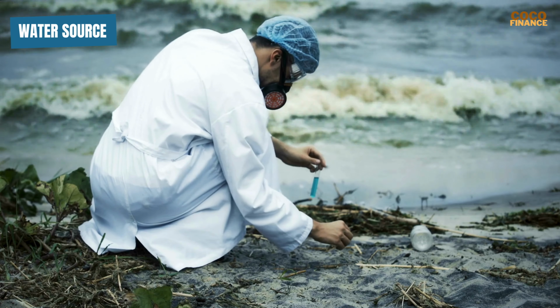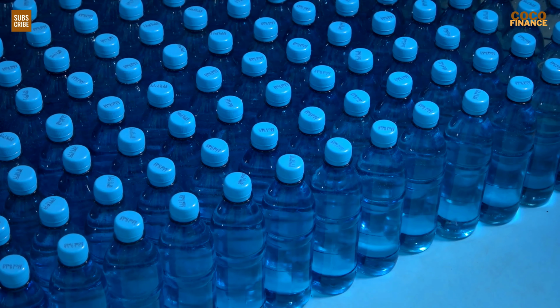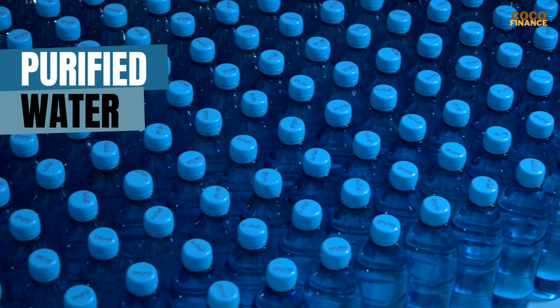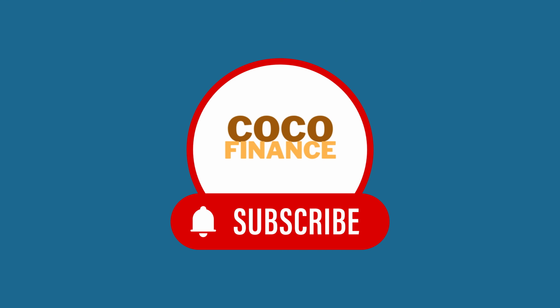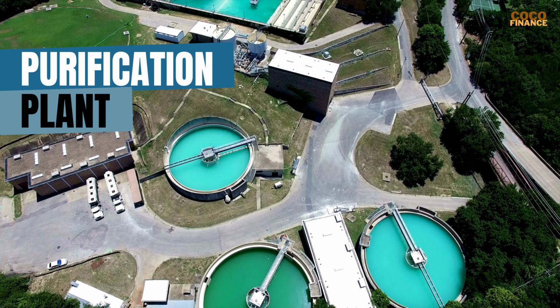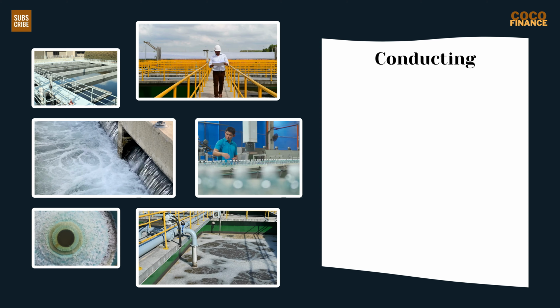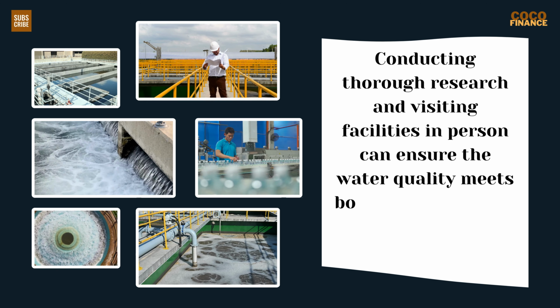The journey begins with identifying a reputable water source and bottle supplier. For the water itself, seek out suppliers who offer high-quality, purified water, possibly with unique mineral profiles or other health benefits. This could involve partnering with a local spring water company or a purification plant that aligns with your brand's health and sustainability values. Conducting thorough research and visiting facilities in person can ensure the water quality meets both your